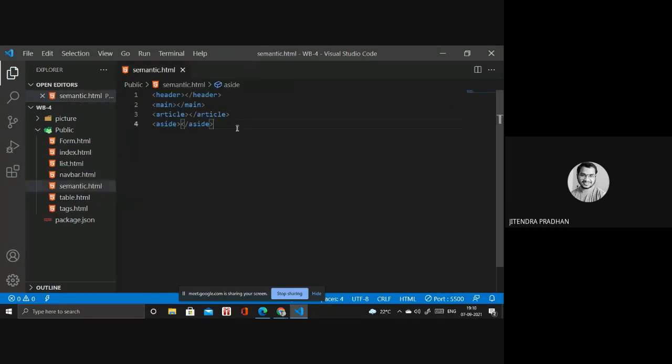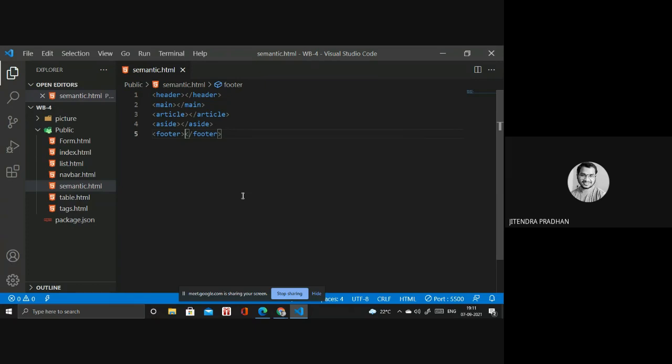This is aside. Okay, so next we have article, aside, main, and footer. This is mainly what we use. We have many other tags also. If you go to the website, there are many things in semantic tags. But basically we use article for writing content, aside for giving something like navigation, and images are used inside that. So these things are semantic tags.